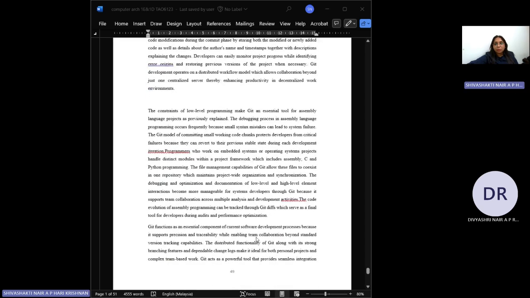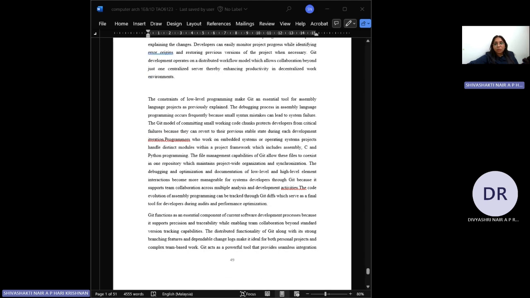Git's distributed workflow model means that collaboration isn't limited to a single central server. It supports productivity even in decentralized environments, making it ideal for team-based development. Now, when working with low-level programming like assembly language, it becomes even more essential. Small mistakes in assembly can cause the entire system to fail. Git allows developers to commit small, stable chunks of code so that they can always return to a working version